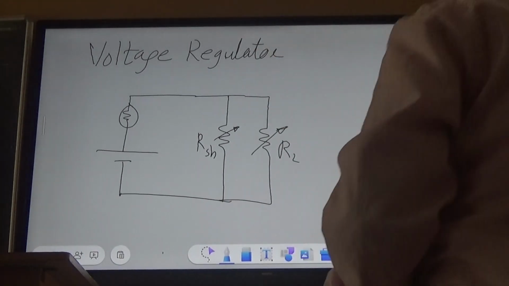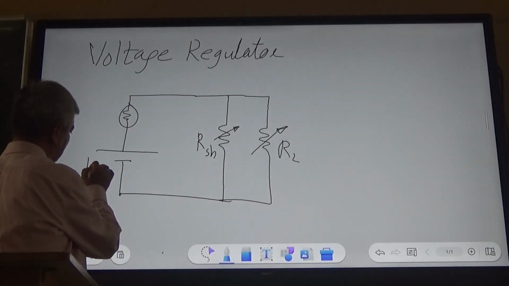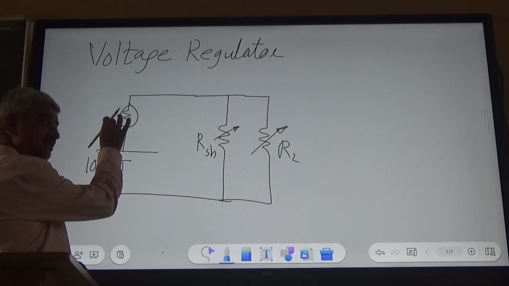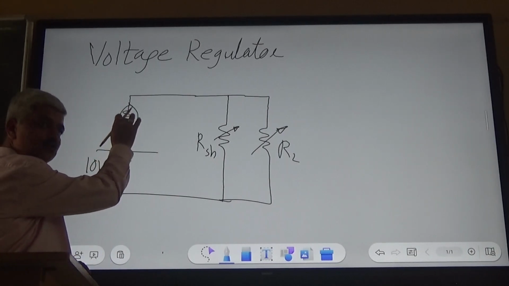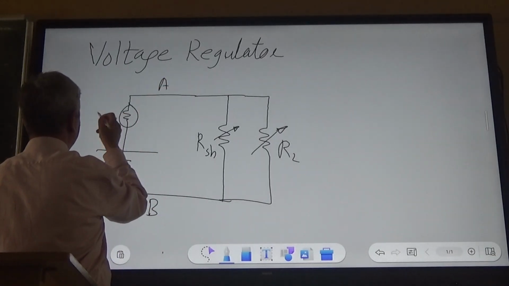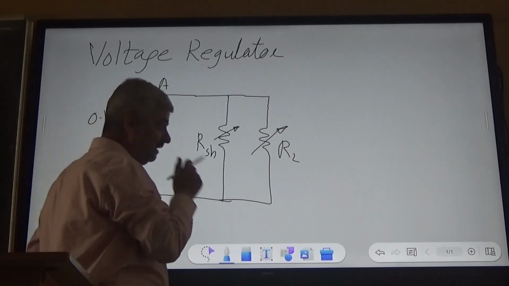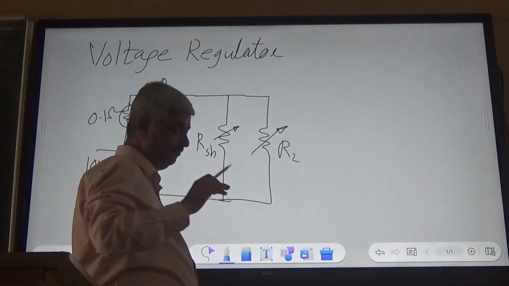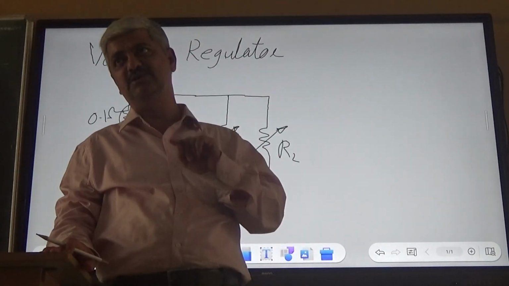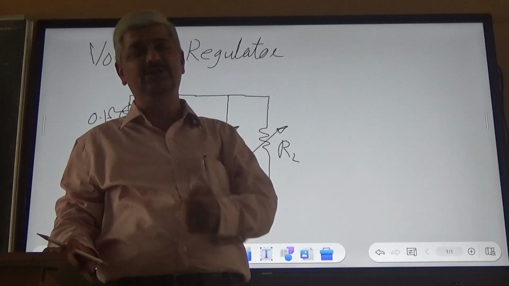So we find that if we have an unregulated power supply, and unregulated power supply means some ideal voltage source with a non-separable internal resistance, so that point A and point B are accessible to us. This may be say 0.1 ohm,